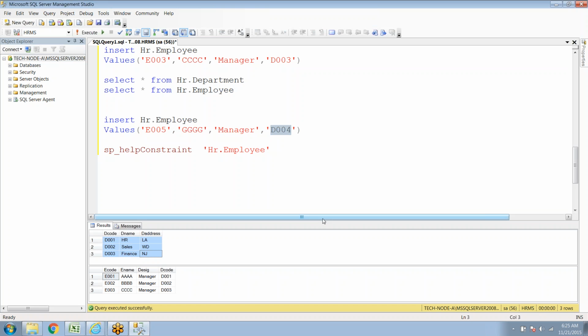Where is the department? You have only 3 departments: 1, 2, 3, right? Yeah. But you are trying to insert a record for department 4. You don't have department 4. No, we don't have four. So when you try to insert it,